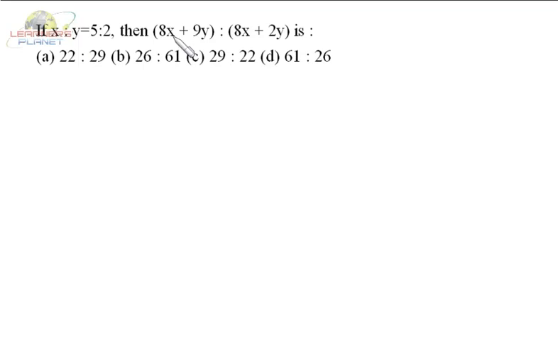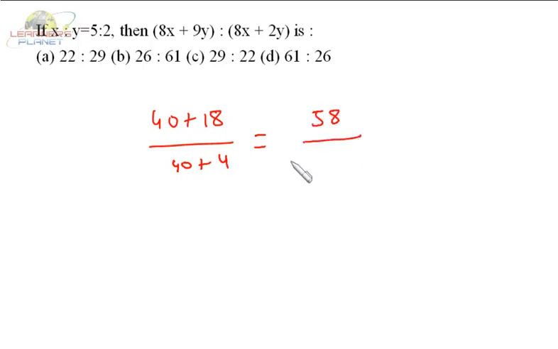So let's put the value of x as 5. So it is 8 into 5, 40, plus 9 into 2, 18. Divide by 8 into 5, 40, plus 2 into 2, 4. Okay, so 40 plus 18 is 58 and 40 plus 4 is 44. Finally it will be 29 by 22. Okay, so this is the correct choice. Okay friends,